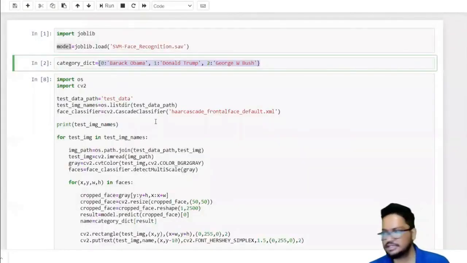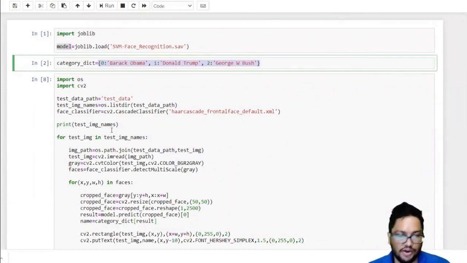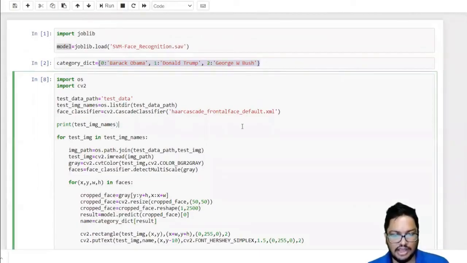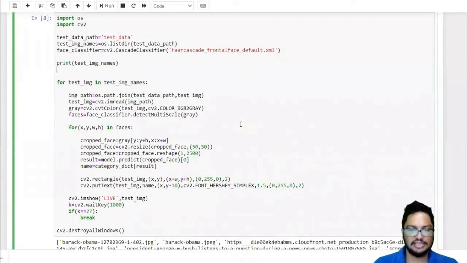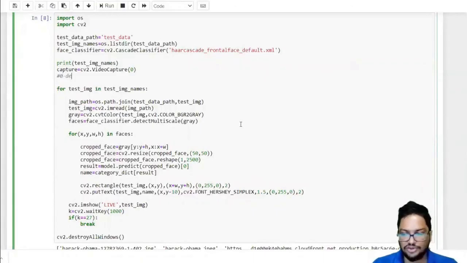And when you are testing, if you want to do it for live video using a webcam, you can do it, right? If you want to test the live video and recognize it, these are the modifications you need to do. So I'm going to create a video capture, cv2.VideoCapture. 0 basically refers to your default camera, the default webcam. If you have a USB cam